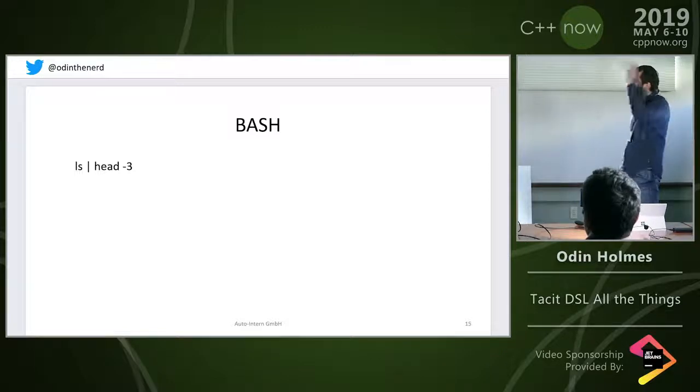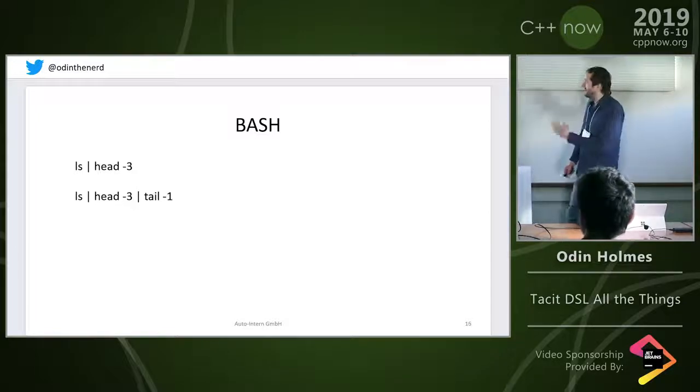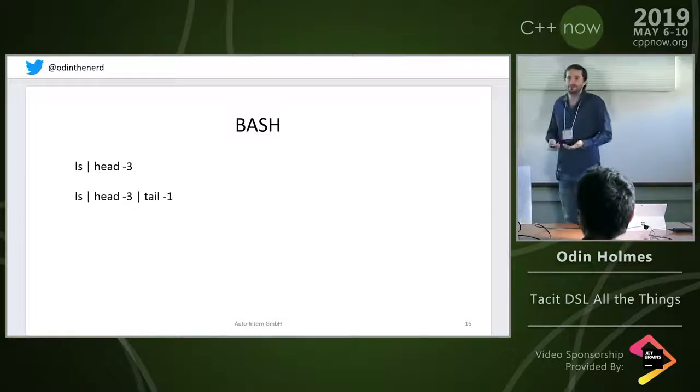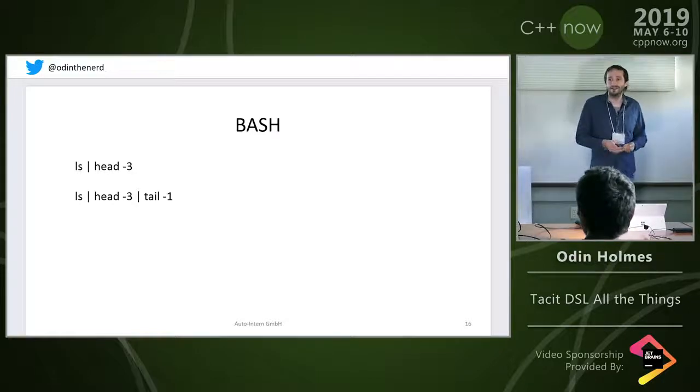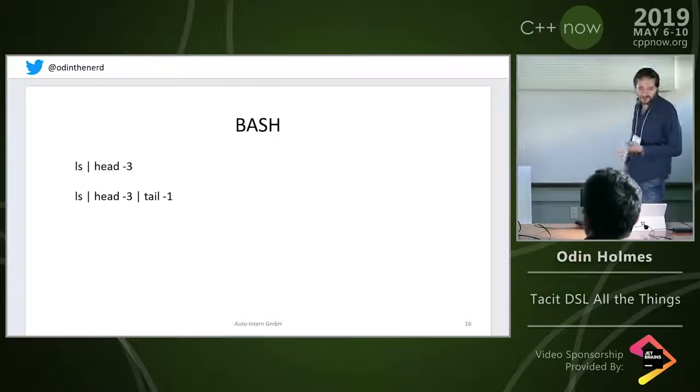I can take a list of the directory and pipe it into an algorithm, which just lops off the first three, lops off the back one. I can chain them, same sort of concept, right? Yeah. So this is